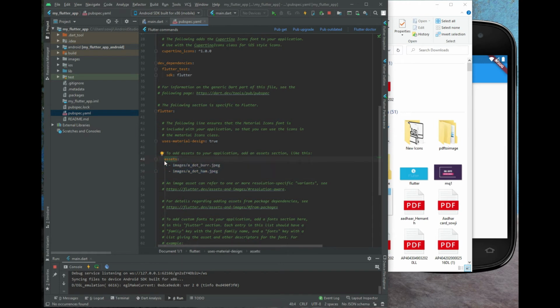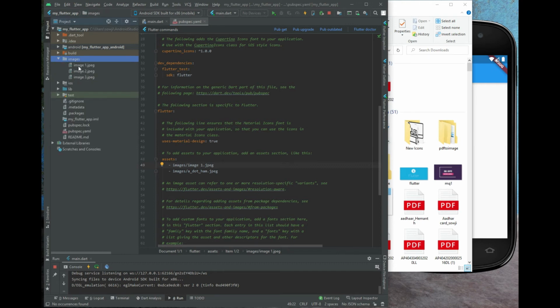Just make this asset go back one step, and here I am going to add image 1. So image space 1.jpg. You need to give the name exactly as we gave in the images folder, image space 1.jpg, and both are the same. Then I'm going to delete this second one.